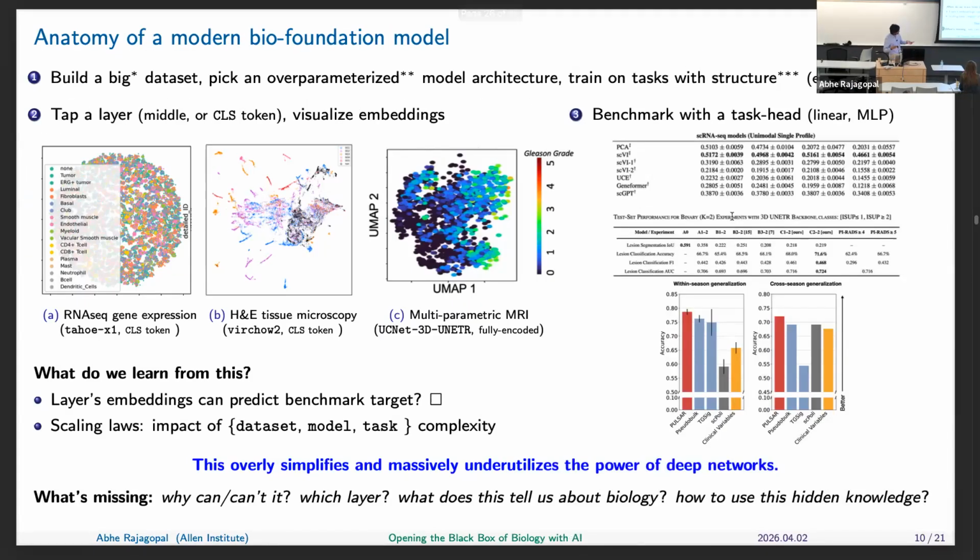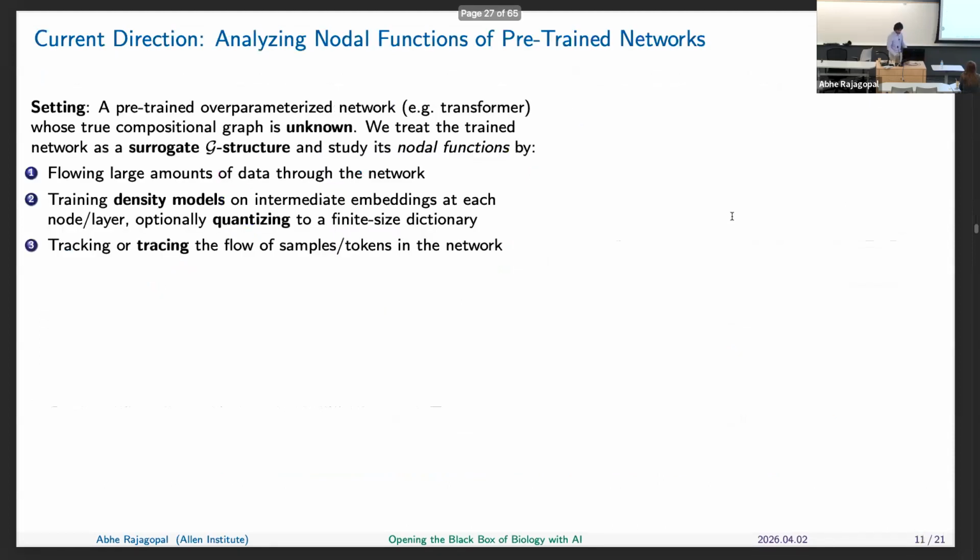So I guess my idea is that we should go back and look at the theory that we summarized in the first part and see if we can use that to extract knowledge from the network. This is the current direction that I've been focused on the last couple of years. Basically the idea is exactly what I said in the beginning: you can start with a pre-trained model that we believe is good. It can predict all these things. And we're going to ask, what does it learn on its nodal functions?